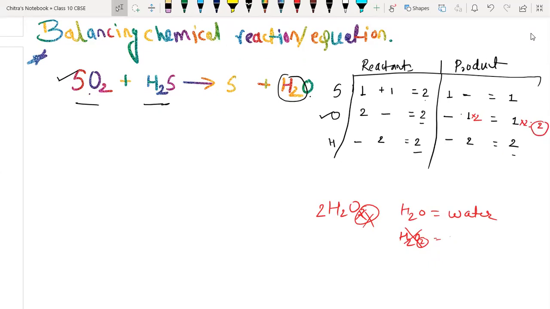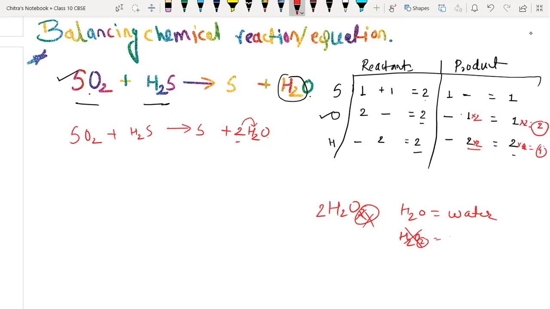So we have to write the next chemical equation. It is SO2 plus H2S equals sulfur plus twice H2O. In order to balance oxygen, we have multiplied here by 2. So oxygen got balanced, but the number of hydrogen will also increase now. So we have to multiply hydrogen also here by 2, because of cause and effect: we have caused a change on oxygen, but the effect also falls on the hydrogen. So the total number of hydrogen now becomes 4.